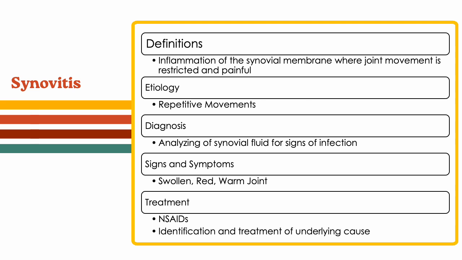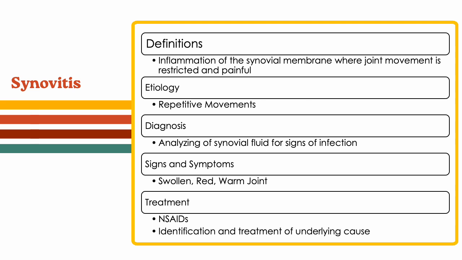Next, we have synovitis, and this is where we have inflammation of the synovial membrane, where joint movement is painful and restricted. Diagnosis is the analysis of your synovial fluid for signs of infection. Normally, your signs and symptoms include swollen, red, and warm joint, repetitive motion on a particular joint. As far as treatment, you have NSAIDs, and normally it's because of something else, so you have to treat the